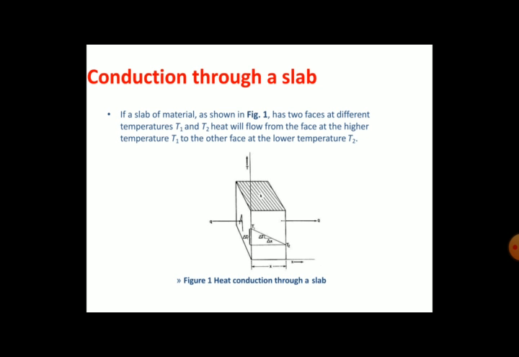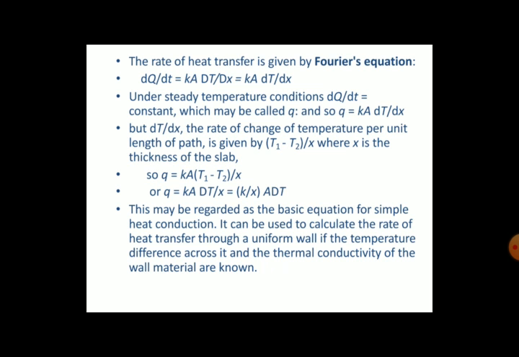Okay, now as I told you, whenever you discuss conduction, we have to apply which law? Fourier law. Yes, so according to Fourier law, dQ by dt, what is that? Rate of heat flow is equal to kA dT by dx. K is nothing but thermal conductivity, A is nothing but the area, and dT by dx is nothing but the